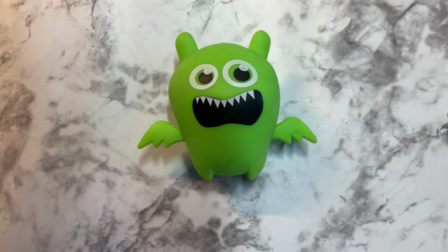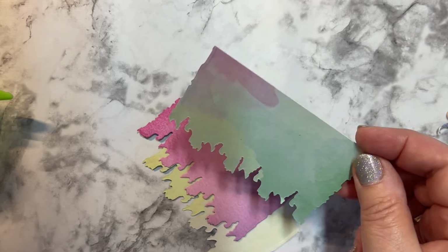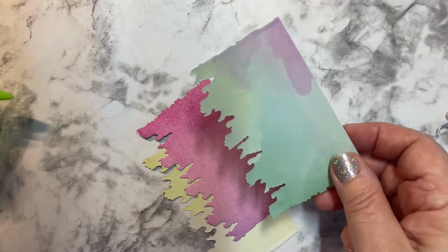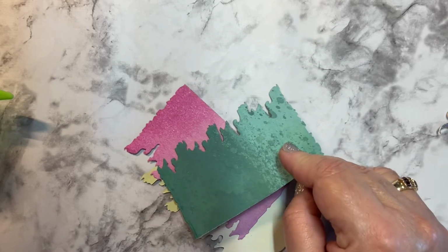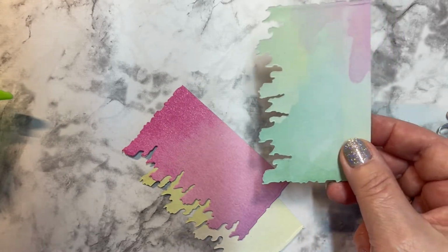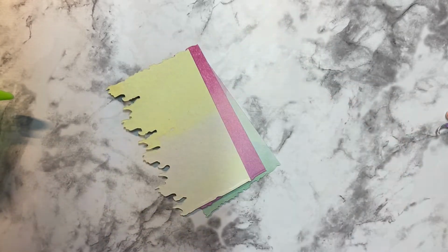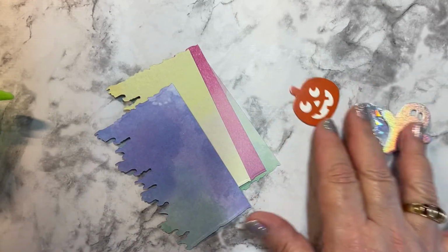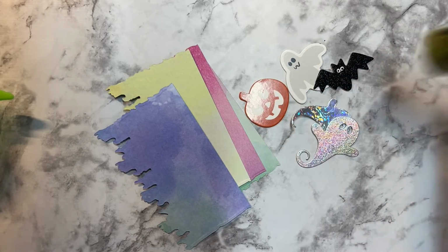So for my embellishments this week, I took inspiration from what was on my craft desk, which was obviously a lot of Halloween and just some miscellaneous crafty items on my desk. Now, I had cut these with some kind of wonky edge dies quite a while ago, and I had pieces of these sitting on my desk in various colors. This is beautiful two-sided watercolor paper. So I definitely wanted to use some of this on my embellishments. And I had, of course, some other die cuts and some thickers, some stickles,